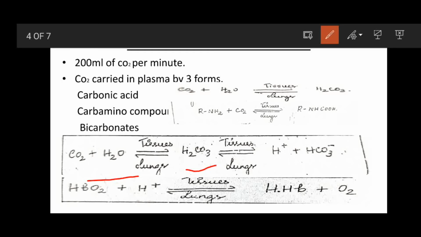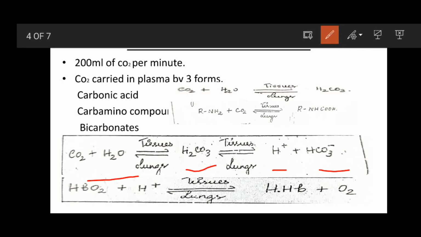This carbonic acid is unstable in RBC, so it dissociates to form hydrogen ion and bicarbonate. This bicarbonate will reach the lungs and be released out as carbon dioxide, while the hydrogen ion will remain in the